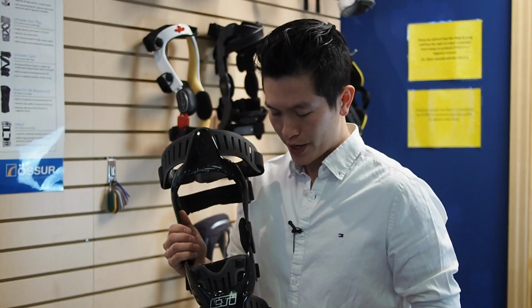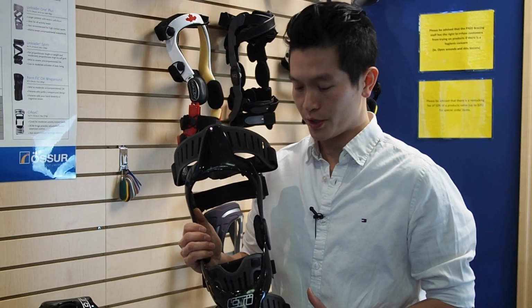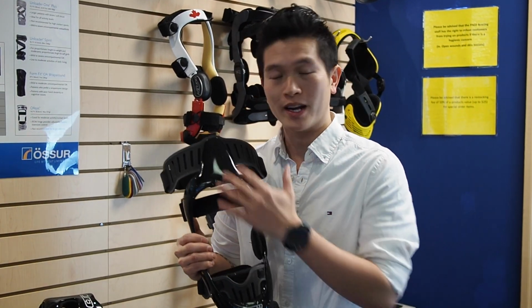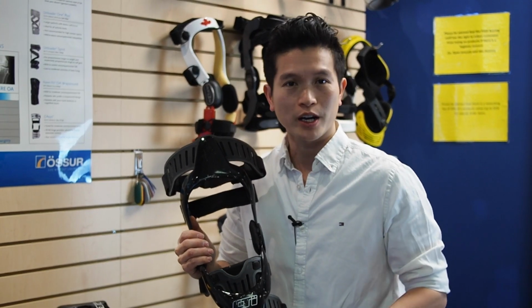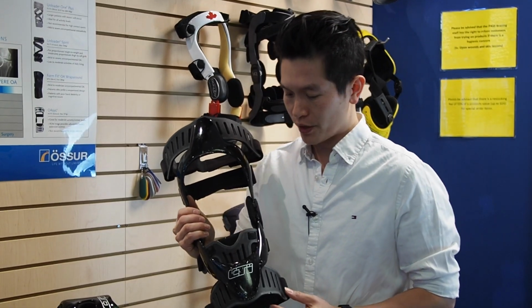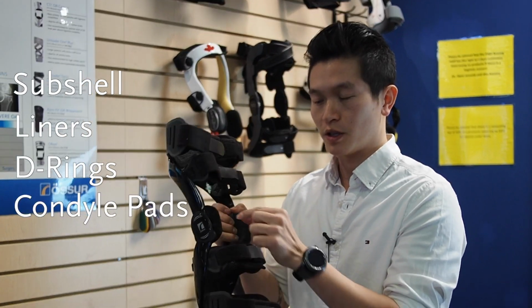This is actually a brace from one of my clients who's requested to get his full brace refurbished. When you get a refurbishment kit, you can actually get the brace repainted as well, but we're not going to do that. We're just going to change out everything from subshells to the liners to the D-rings, to the pads, and all